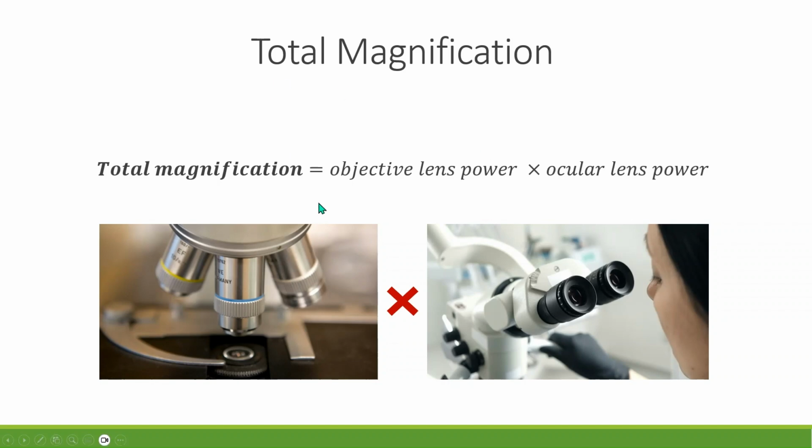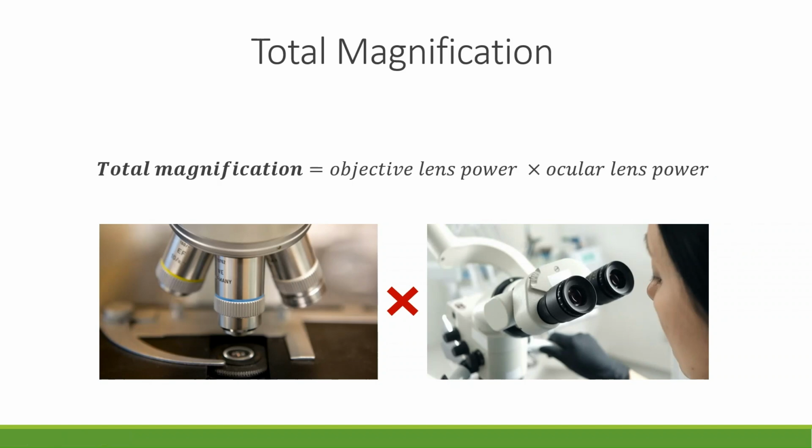And it's a combination of both lenses, the objective lens power and the ocular lens power. What we mean by power is how many times bigger does it make the object. So if you're looking through a 4x objective lens, you're going to actually increase the size of that object by 4 times. And let's say that your ocular lens is 10x on the microscope,